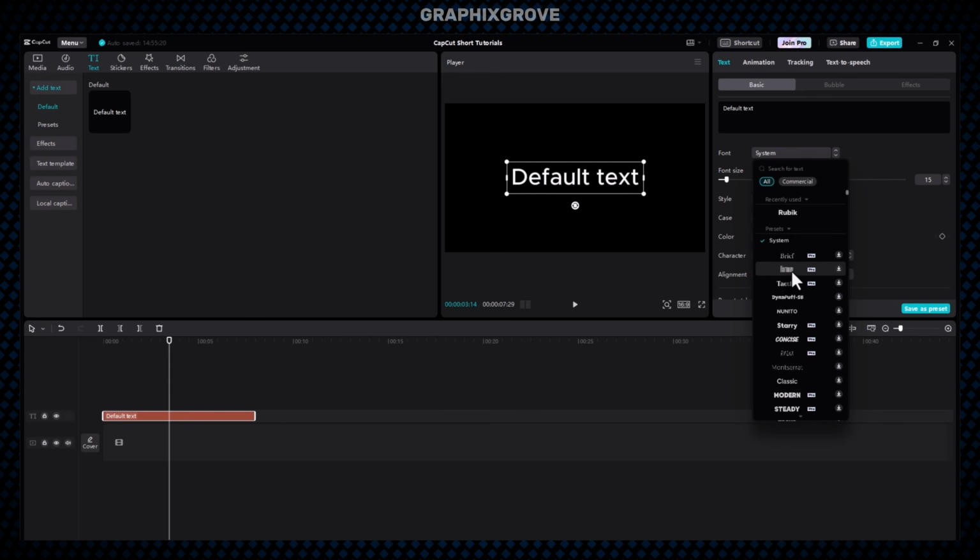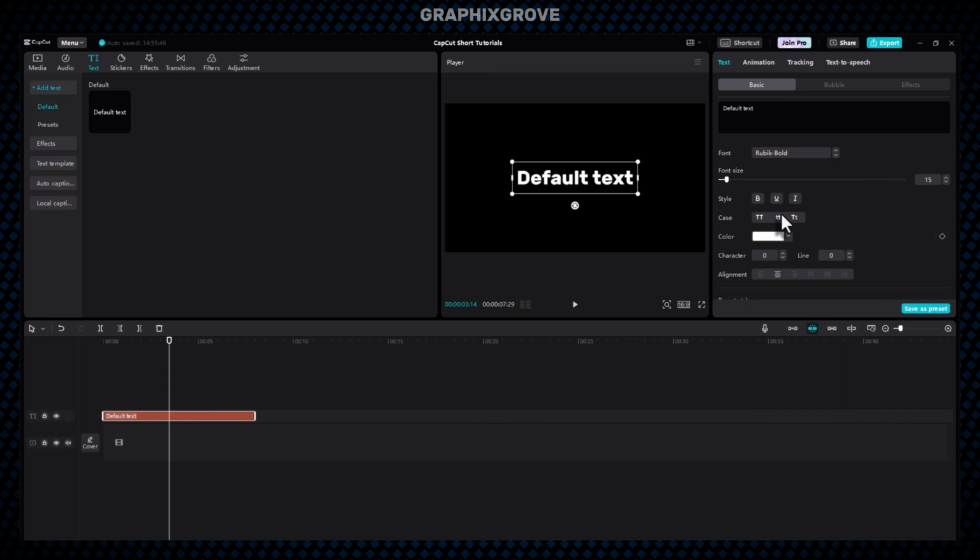The important thing is to scroll down further to explore subcategories like recently used, preset, and your own system fonts. If you see a font you like, hover over it and click the small download arrow on the right side if it is not already saved locally. Once the font downloads, click directly on the font name to instantly apply it to your selected text in the